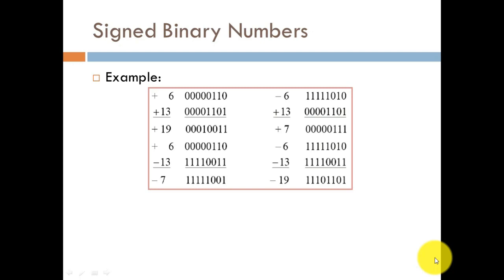Whereas in the second case, we will be having this minus 6 plus 13, and we have to perform this arithmetic operation. So how are we going to do that? Obviously this minus sign would have been represented by this MSB or leftmost bit, that is your 1, and this is representing its magnitude. So initially, if you observe, you will find how it will represent its magnitude. But please keep in mind that here it is the complemented version.